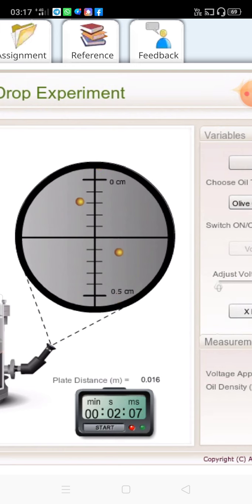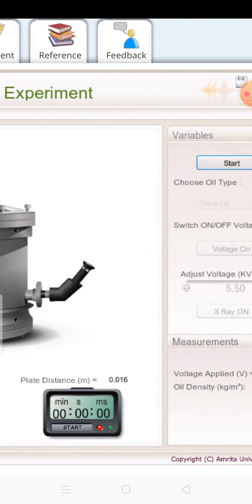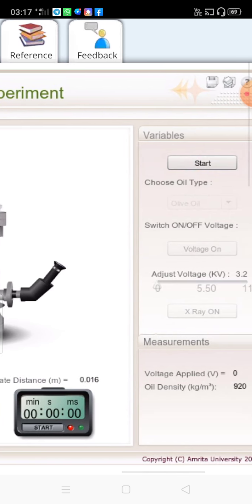I have not started it. When another drop starts appearing, I will press it. As soon as it starts coming from that position, I will repeat the set, voltage on, choosing the start,